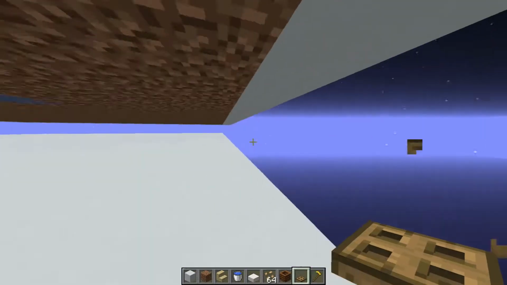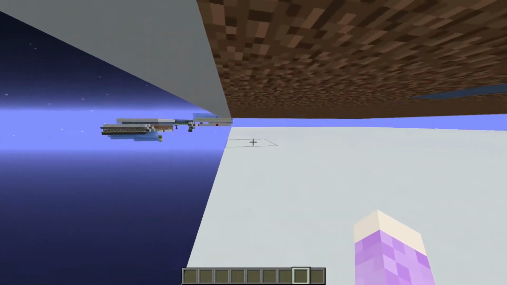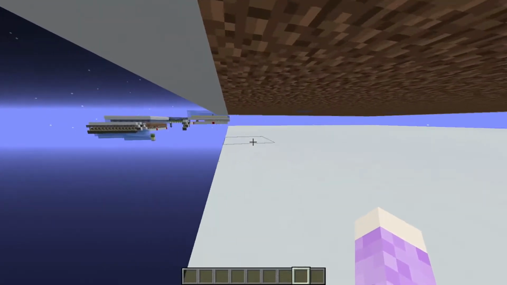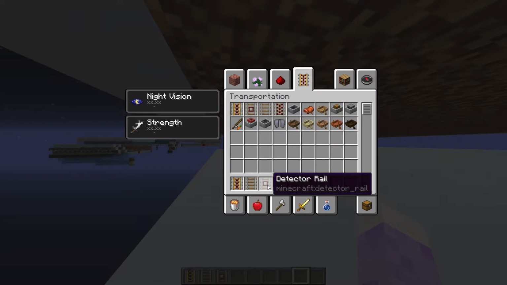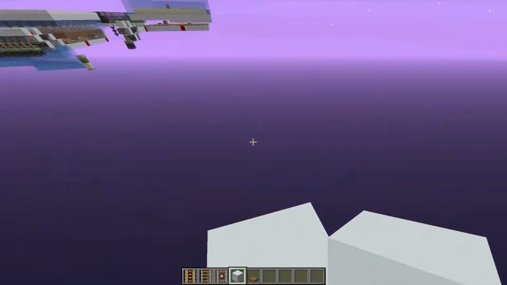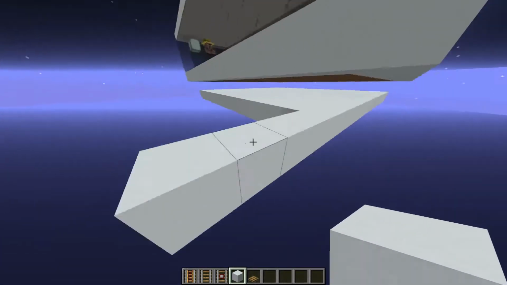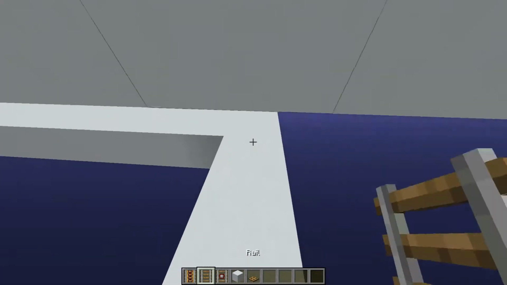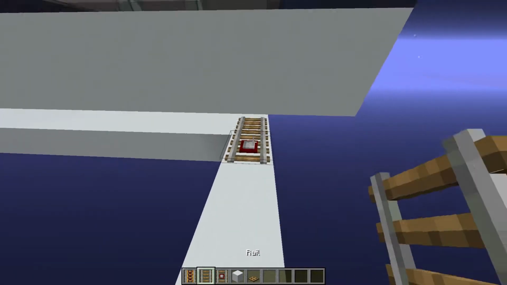So you can break all of these, and now you need to choose a site for the storage system. So you need some powered rails, some normal rails, and also detector rails. So let's say we want the storage system be over here. So you just build out some blocks over here, and you place a detector rail over here and a normal rail over there,